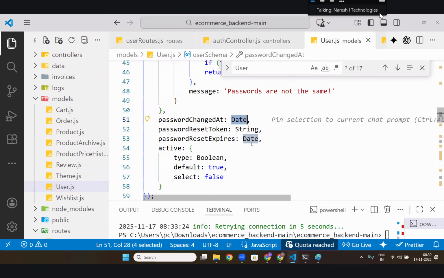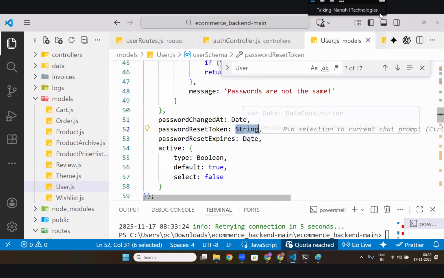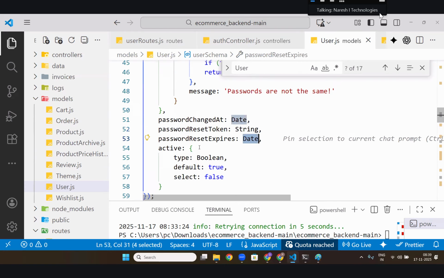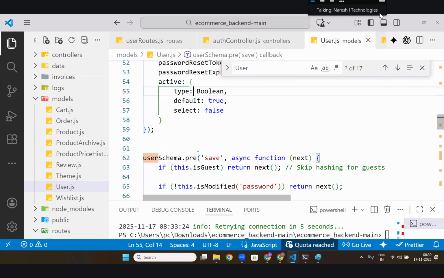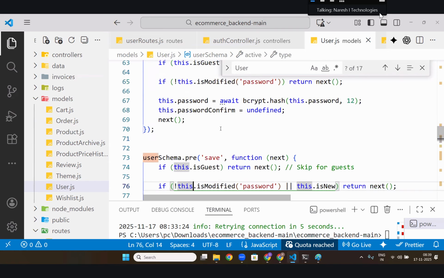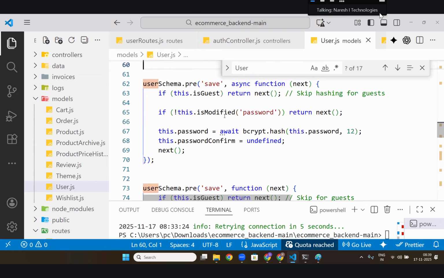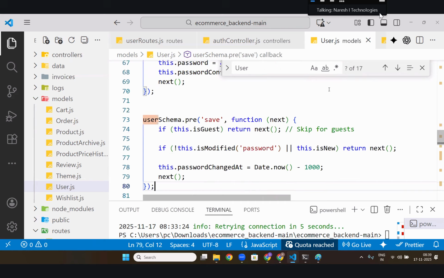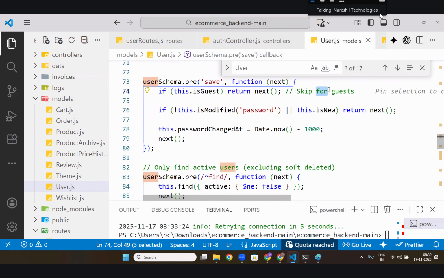Any token to reset the password, what time it will expire, the date, and whether that guy is active or not. Like this, he created one schema. And before storing the password, he hashed the password. We also did this. If it is for guest, remove that particular hashing. Just make it as a new one.